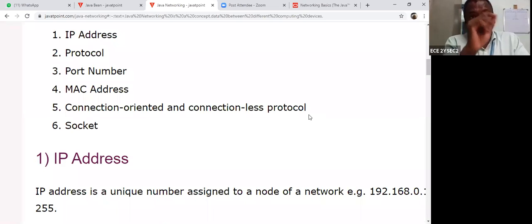This connection is called master and slave. The master is the server, and the slave is you.